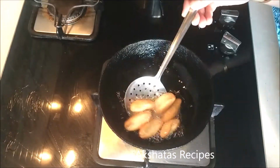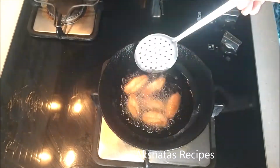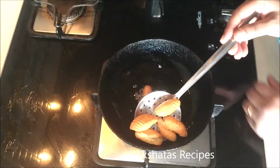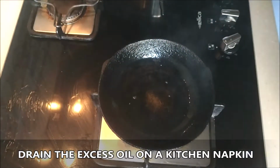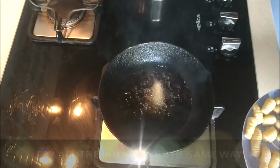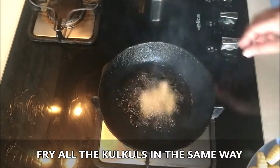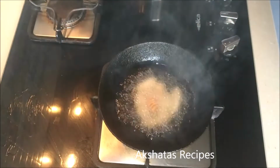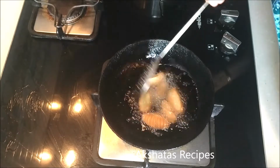Don't increase your flame at all. Keep your flame very low, because if you keep it on a high flame, only the outside will get colored golden brown, and the inside will remain raw. So keep these tips in mind. And like I said, the smaller and thinner they are, the faster they crisp up. And now once your kalkals are nice and golden brown in color, just take them out and